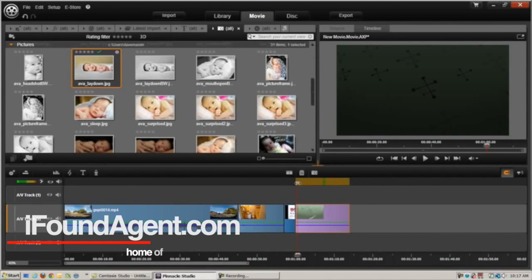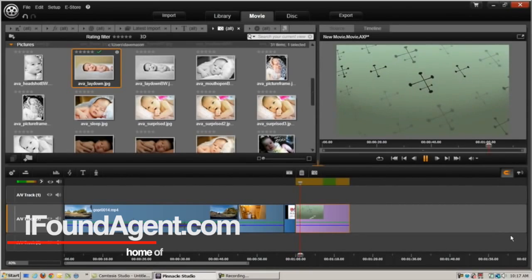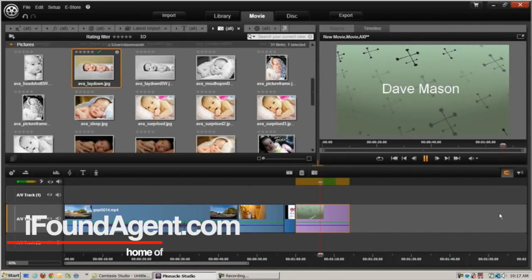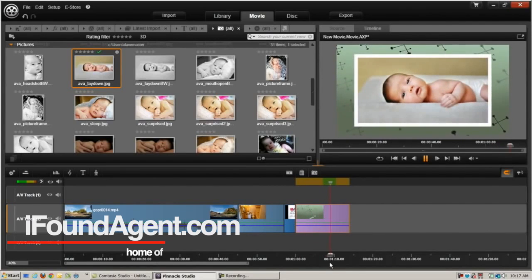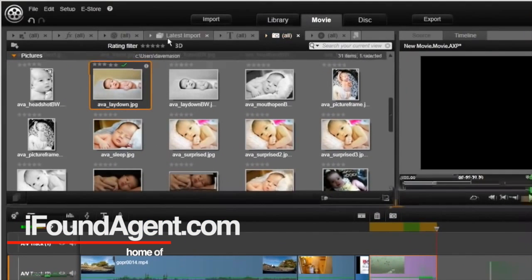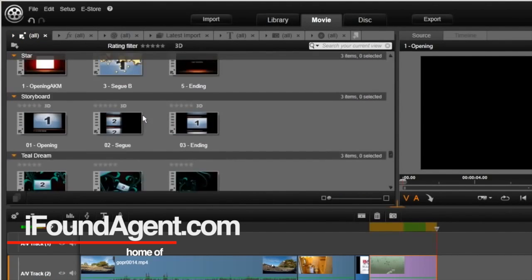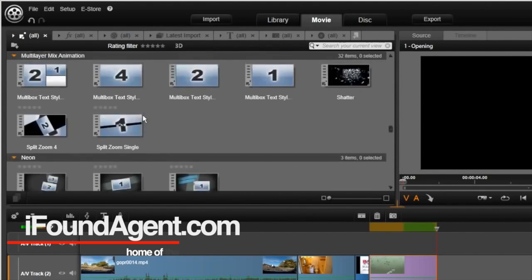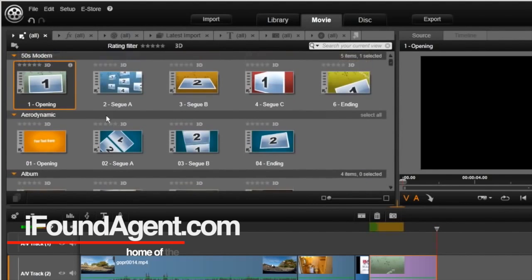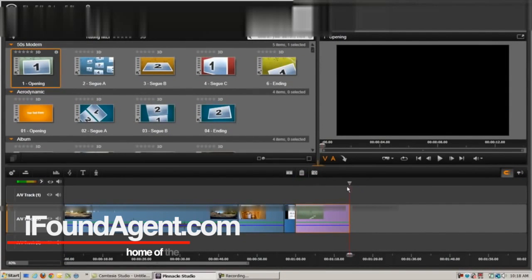So now, they also call those montages. So when I play that, that's kind of what they look like. But to me, it kind of looks old-fashioned. And there's the picture. Maybe there's a case where you could have some houses scrolling by, and if we look through, there's tons of different combinations. I'm not going to go through those all now. If you have the program, you can take a look, but I can't see really using a lot of these. Maybe occasionally, having some house photos or something could be interesting, but for the most part,